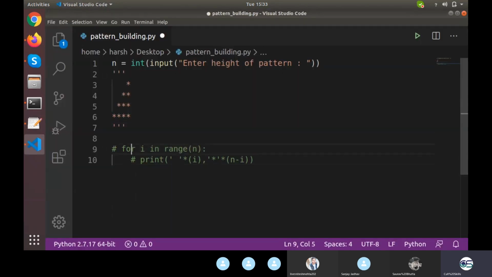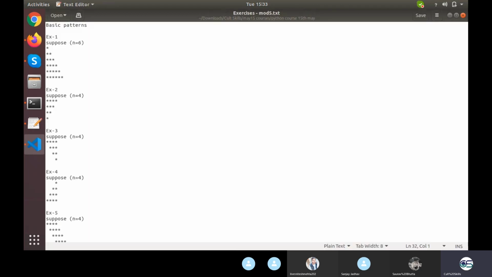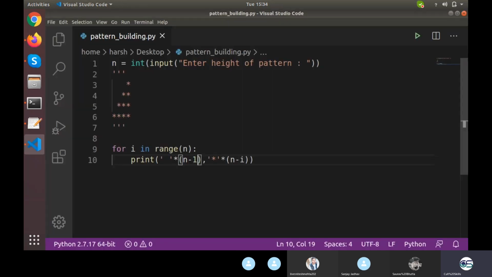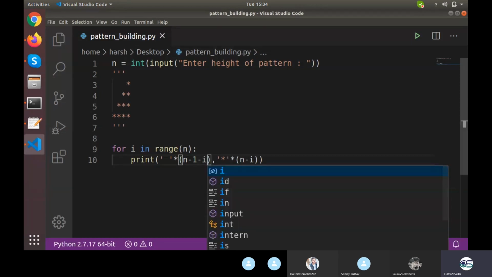For that we need a print function with spaces of n minus 1 times. No, it's fine. So n minus 1 is the value of lambda, and I want to do minus I: n minus 1 minus I, these many spaces.